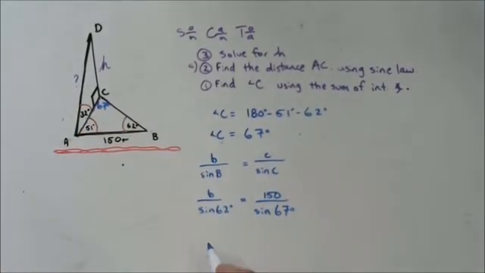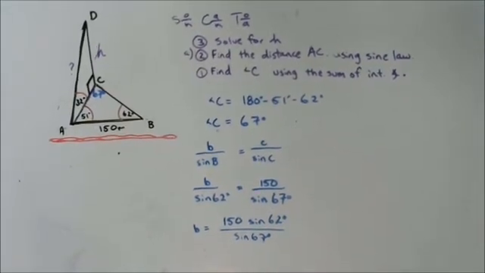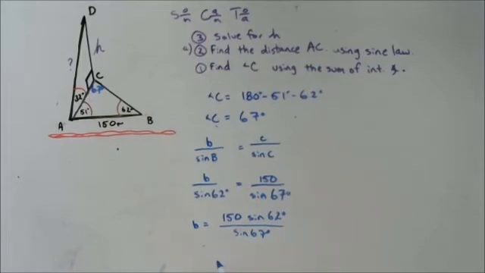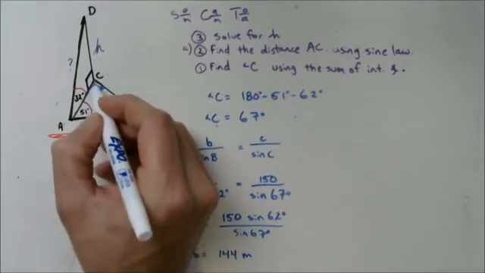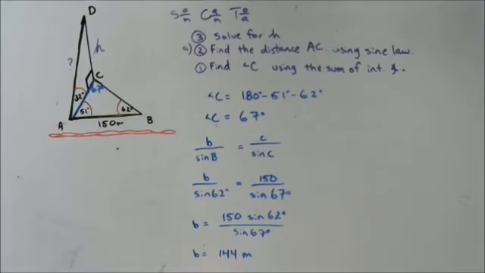And now all I need to do is multiply both sides by the sine of 62. So we have B equals 150 times the sine of 62 degrees all over the sine of 67 degrees. Punch that into our calculator carefully, and you'll find that B is approximately equal to 144 meters. So that's this shared side length here that we just found. And now, like we said, we can solve for h